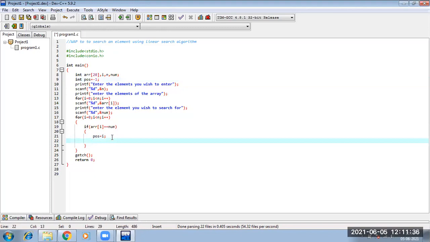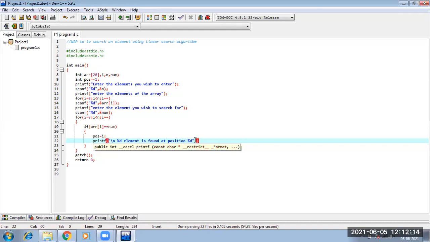Now, if that element is found, I will write that this element is found at some position.